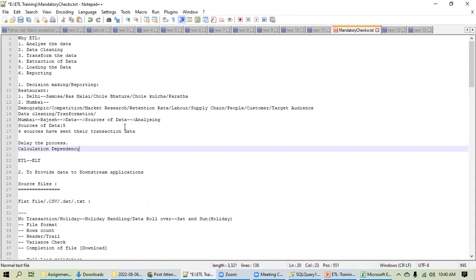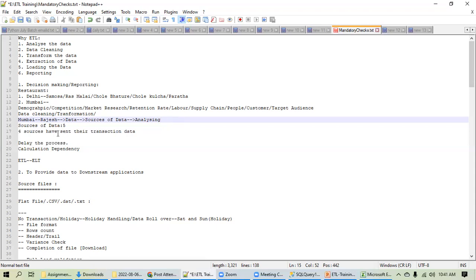Now see guys, this ETL is all about discussion and interaction, because I am repeating again. ETL means you should have good understanding of the business, and then technical knowledge. Both are important. That's why nowadays organizations train their resources on the domain as well. If you're working in the finance domain, they will teach you the basics of finance, because if you don't know how the business is performing, you will not be able to add value from a technical perspective. You will behave like a robot then. So you should know what the consequences are.